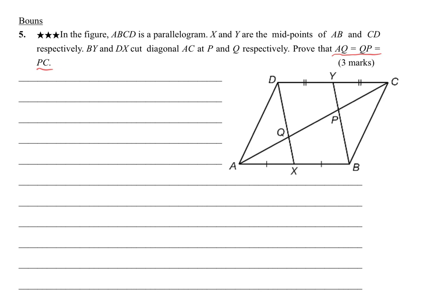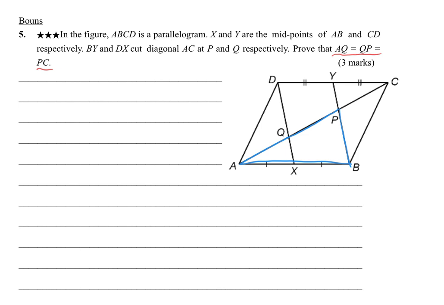If we want to use this triangle DCQ to say that PQ equals QPC, the best way is we should know that YP is parallel to DQ. On the other hand, if we try to prove from the triangle PAB,